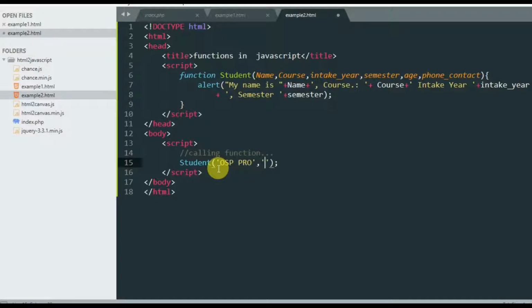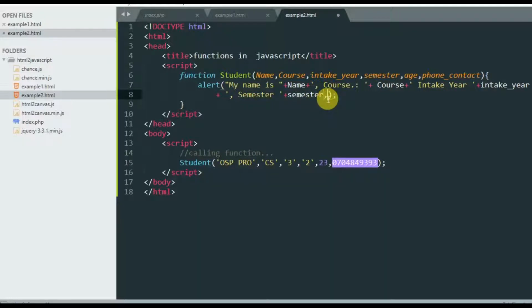Then the course, maybe computer science. Intake year may be 3, and semester maybe 2. Then the age. Age does not need quotes, so you can just say 23. And then the phone contact, since it's also a number, you can simply say 070 and so on, that's a contact phone number.